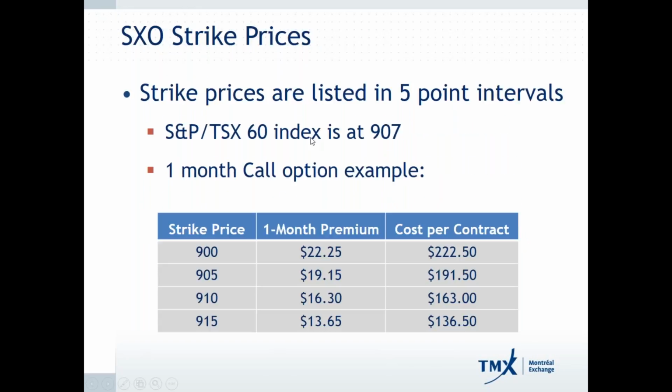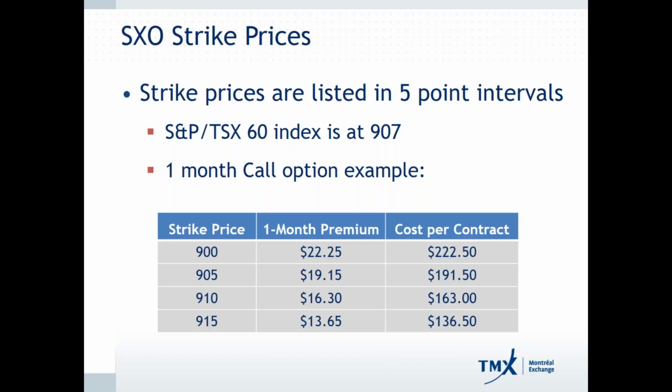So strike price selection, strategy selection, all of that is really very similar to how you would approach a standardized option on your favorite stock. We have an expectation as to what direction we feel the index is going to move, and then we would subsequently choose the strike price that is appropriate to meet those objectives. Now, one of the important considerations is that strike prices are listed in 5-point intervals, so it will vary from security to security depending upon how highly traded those securities are, or even the price of those securities.